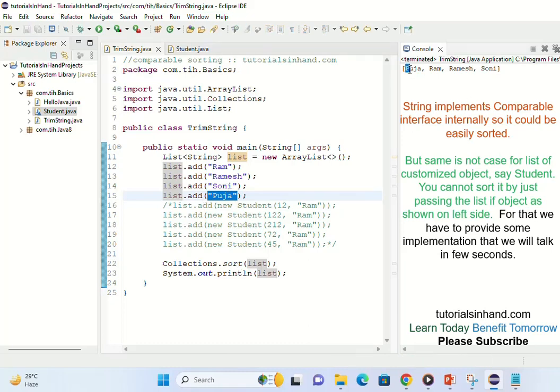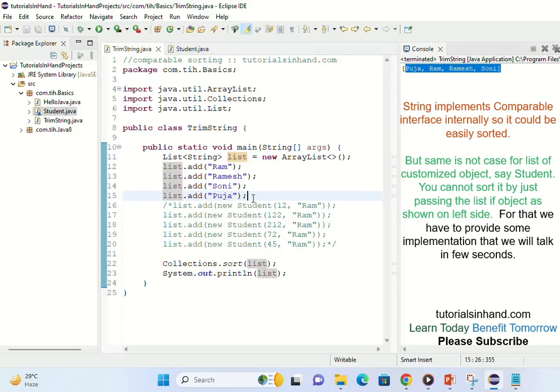For example, see, first P is coming and then R is there because the first character matched. So now the second character got checked, so both are matching, again the third one got checked and the third one also matched, and now there is nothing, so this one is printed, and so Ramesh is printed after Ram, and then after R there is S, that is Sony. So the names are printed in the lexicographical order. That means they are sorted alphabetically, right? So this is well and good.